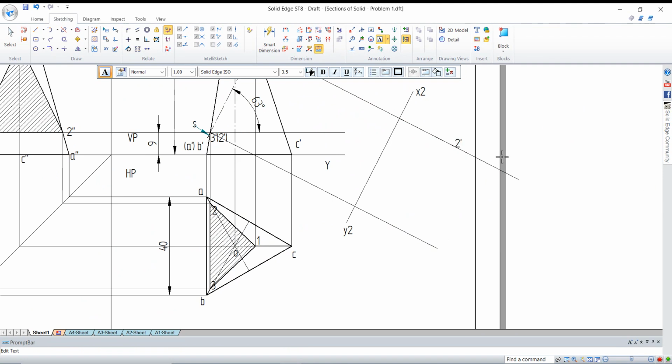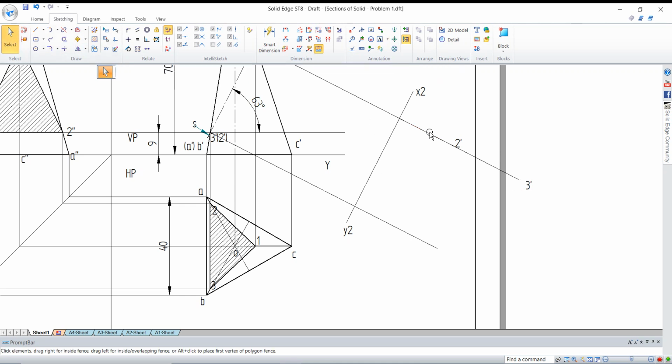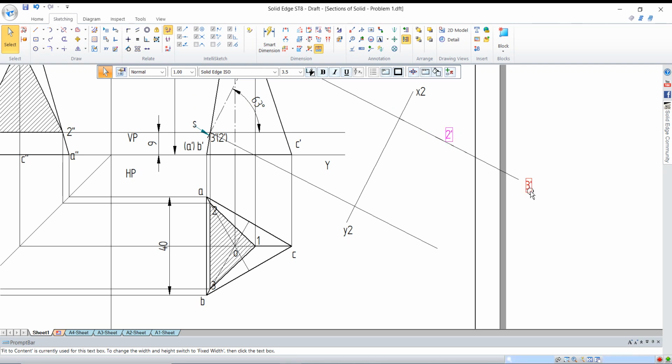So two lines are there. To avoid confusion, I'll write here itself. Where is the first line? 2 dash, and I'll write it as 3 dash. So you have 2 dash here, and you have 3 dash here. Okay.